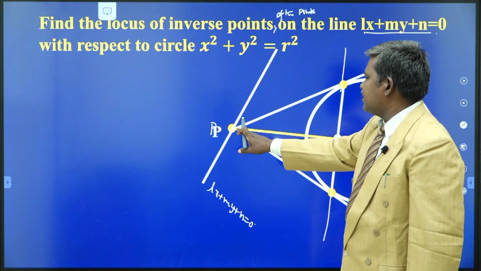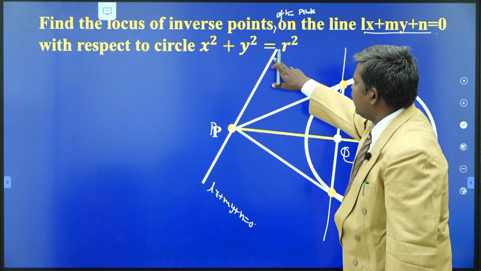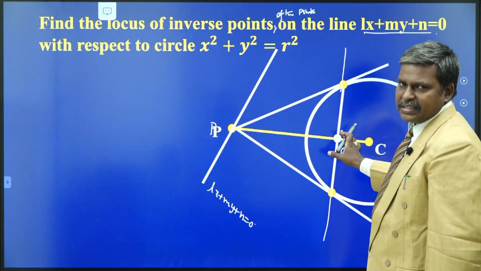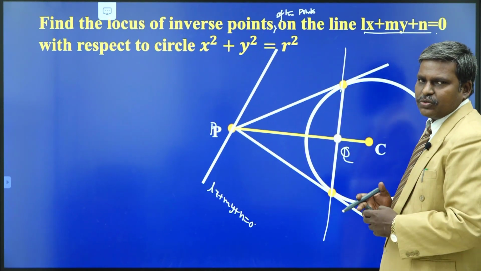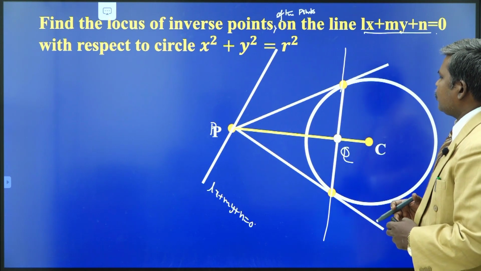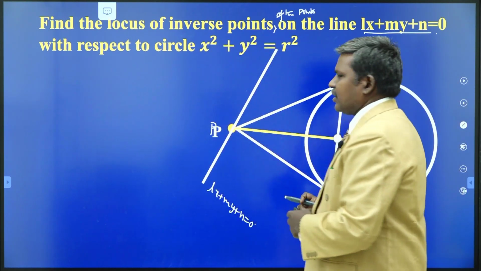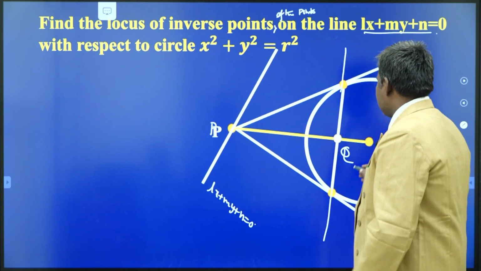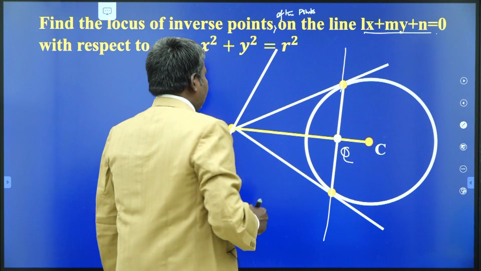If the point P is changed, its inverse point is changed. So, by moving the point P itself, you get the inverse points with respect to the same circle. You have to collect all those inverse points, you get some locus, that is what you are going to find out here. My dear students, this is the variable point, that is why this is also varying. We are going to find out this locus. Suppose Q is the inverse point of P.